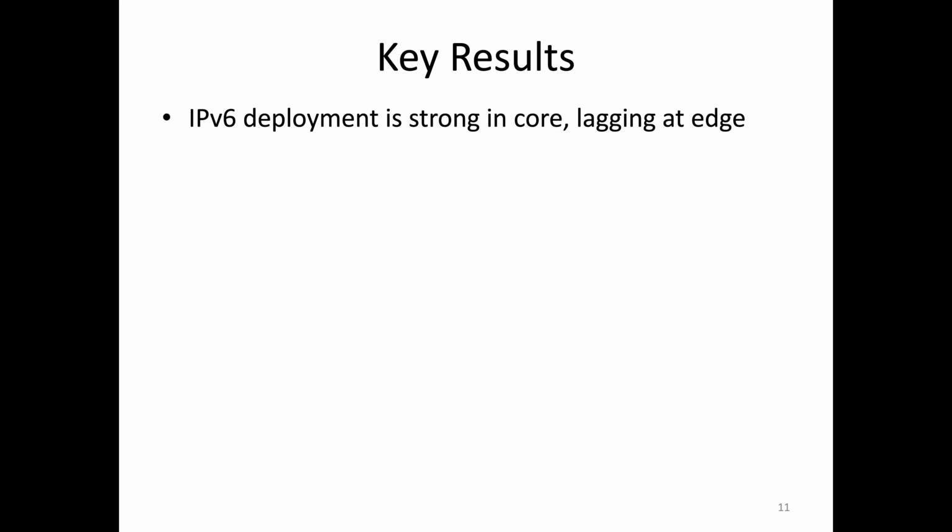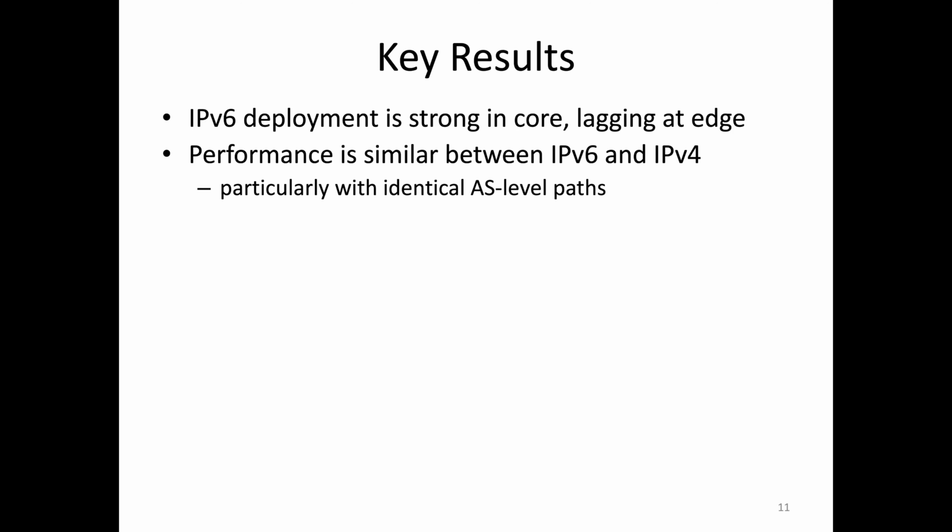However, at the edge, where middle boxes are a much larger part of the network, the configuration and especially concern for security and firewalls can vary greatly between IPv4 and IPv6, and so the enterprise customers tend to be more hesitant to turn on IPv6 on their networks. Another result is that the performance between the two protocols is similar, and we would expect this if the infrastructure